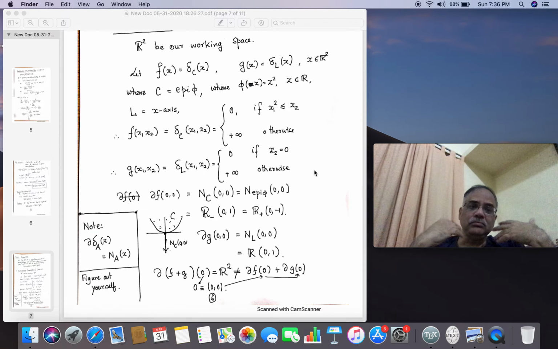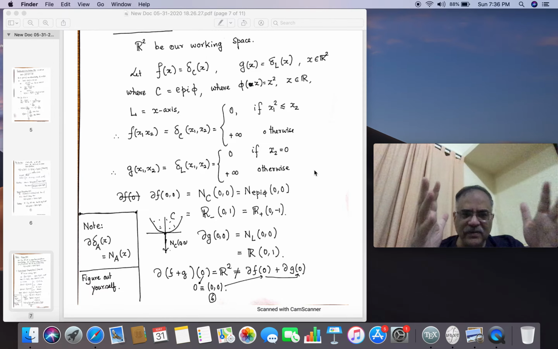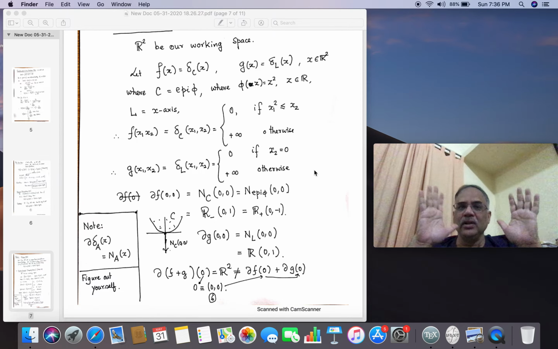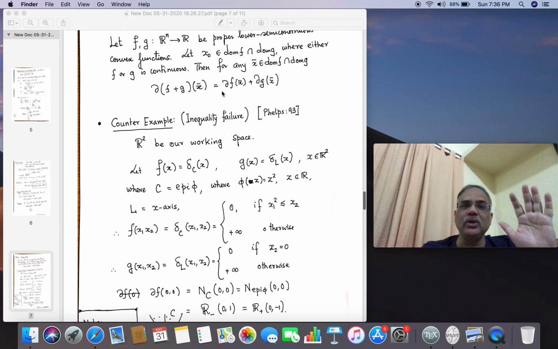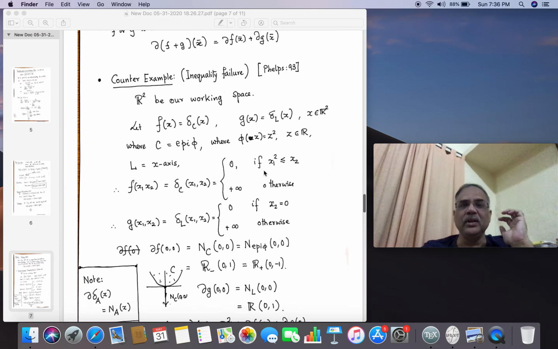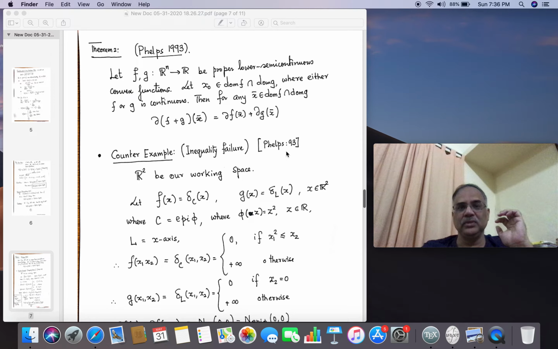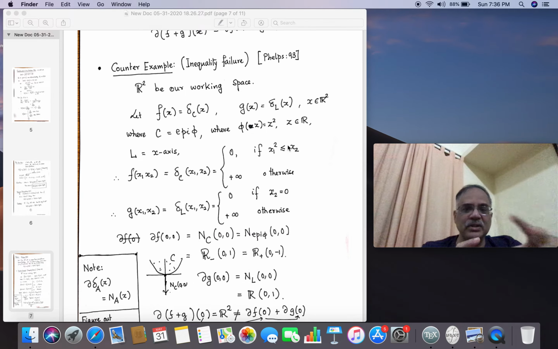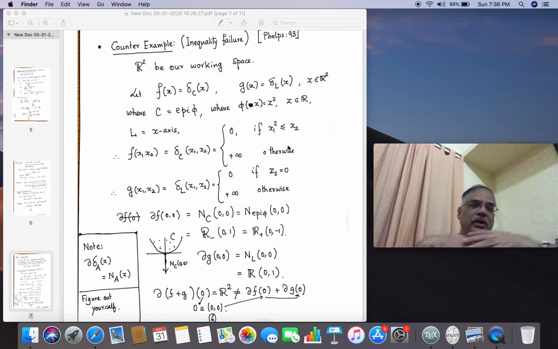And the subdifferential of the indicator function is the normal cone. We have not discussed all this, so I have given it here as an example for those advanced people who can actually understand what it is. So there is a counter example that this inequality may not always hold. Here there would be a failure of this condition: there is no x naught in dom F intersection dom G. So you have to find what the intersection of dom F and dom G is in this particular case. Think about it. (0, 0) here.